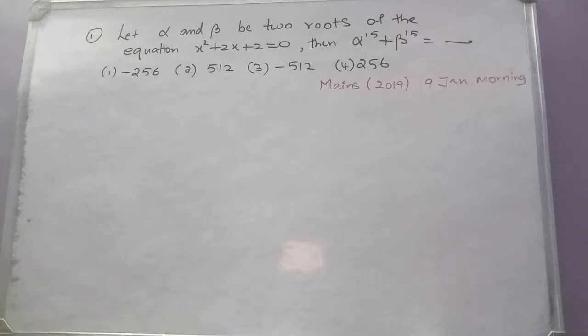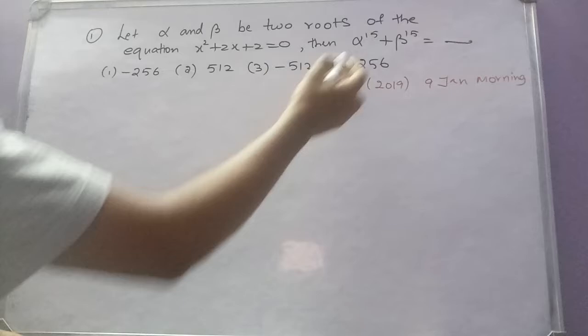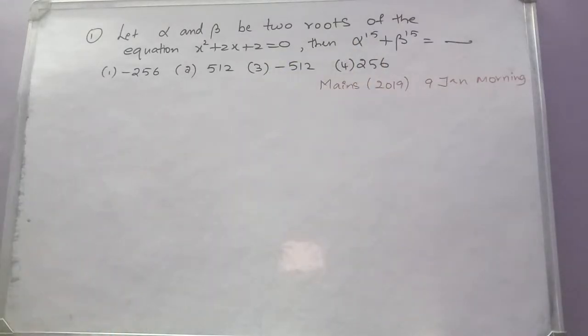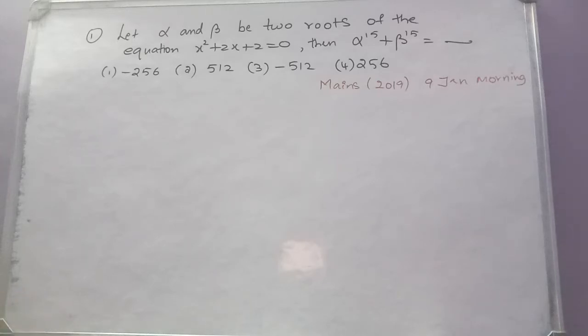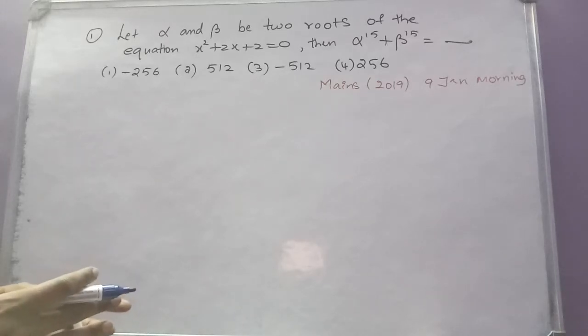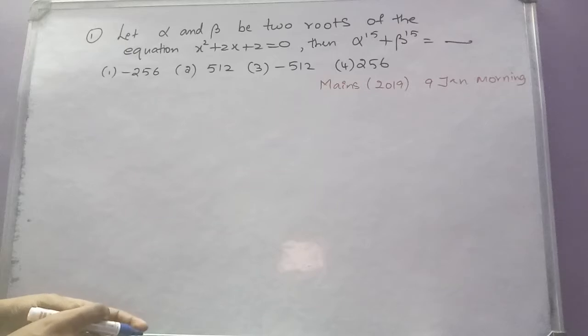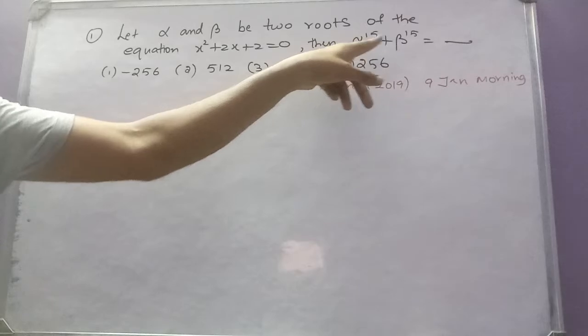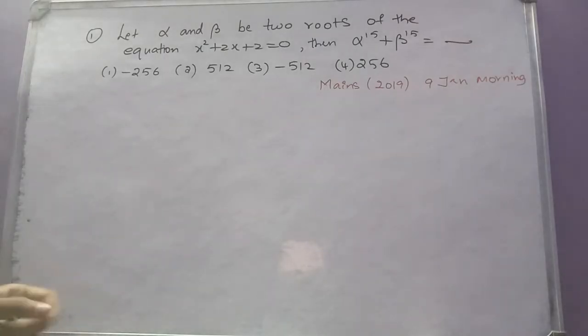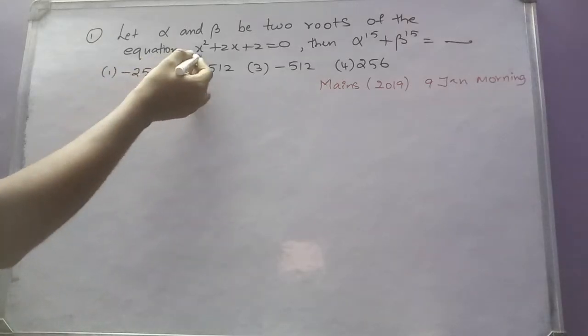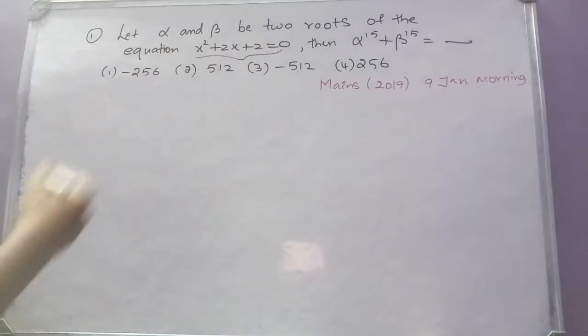You can try solving this using symmetric function of roots, but since there are higher powers, alpha power 15 plus beta power 15, if you go with that particular concept, it may be lengthier, and we don't choose lengthier solutions for questions here, right? So let us use complex numbers concept while solving alpha power 15 plus beta power 15. Remember, if there are higher powers, we might use the concept of complex numbers. But first of all, let us find the two roots alpha and beta for this equation.